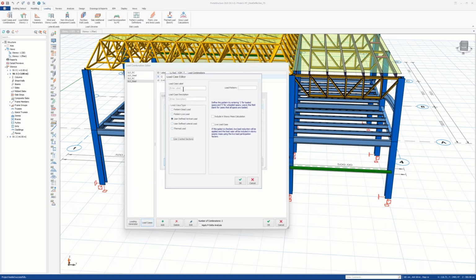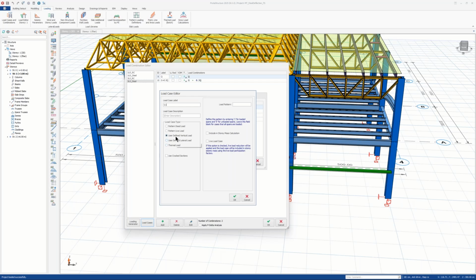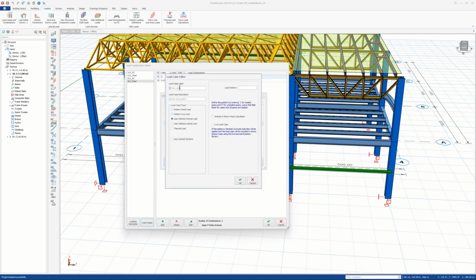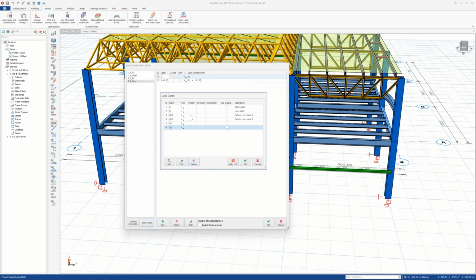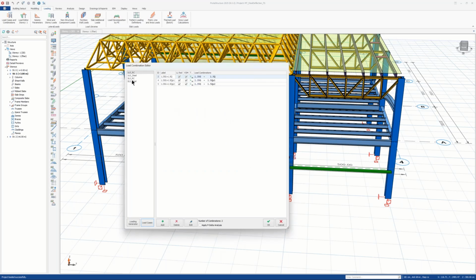I want to add additional load cases. This is actually, again, one of the new strong features in ProtaStructure. You can define as many user-defined vertical loads or lateral loads as possible. So I have a user-defined vertical load. I want this vertical load to be considered in the story mass calculations. Okay, and I will add another one with Q1. And this is a vertical load again, user-defined, and it's a live load case. Okay, that's done. And what I want to do is create 2 more